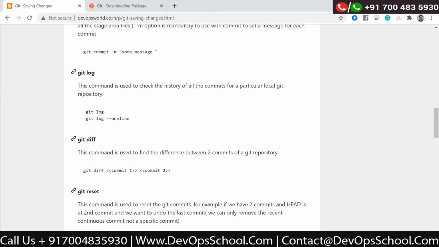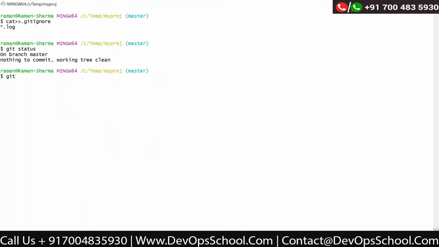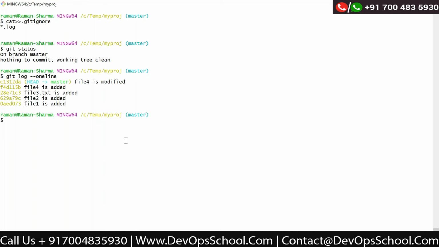So let us go back to our notes. Git diff we have seen, git log we have seen. Now let us see the git reset command. What is the meaning of reset? For example, if I say git log --oneline, you can see the head position is on the commit where file 4 is modified.